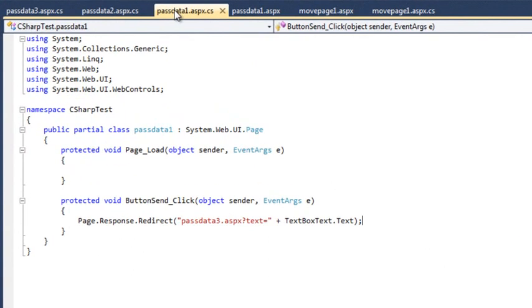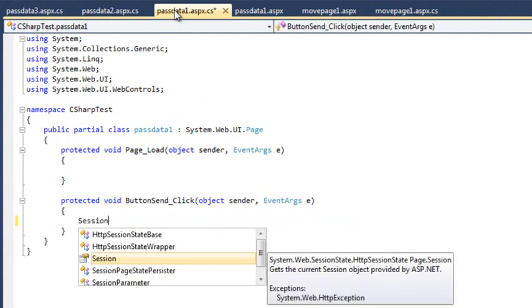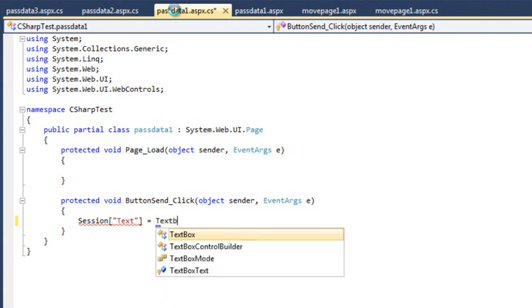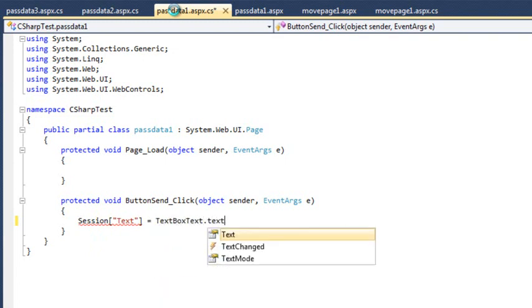Remove the line of code that is currently in the button send click event handler and replace it with the following: Session["text"] = TextBoxText.Text;